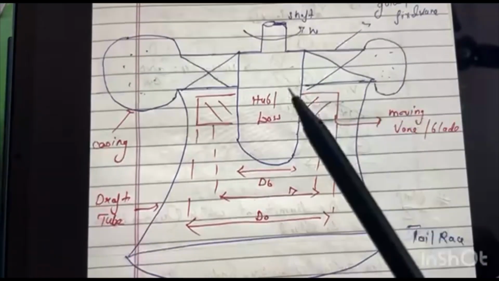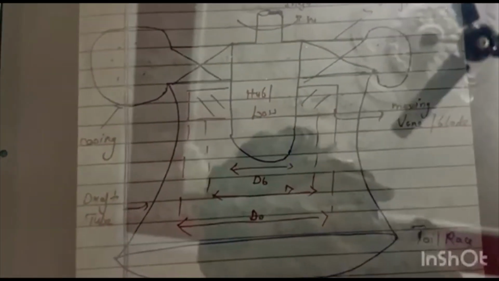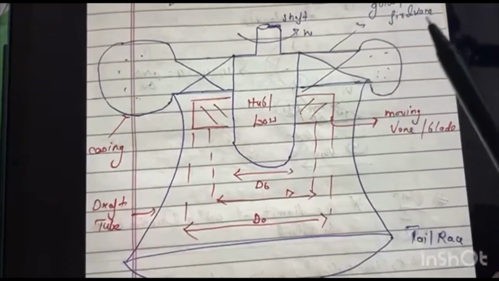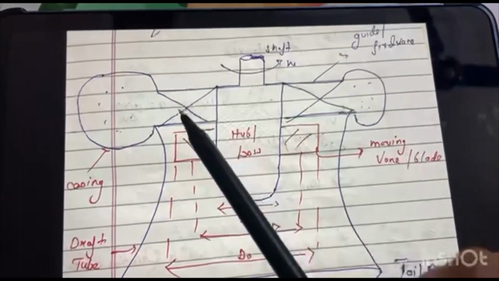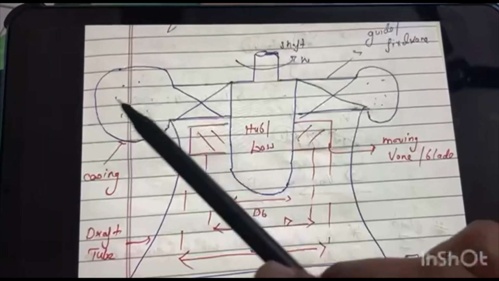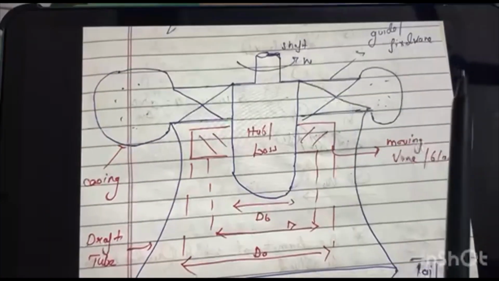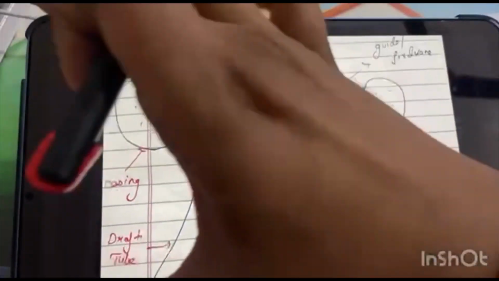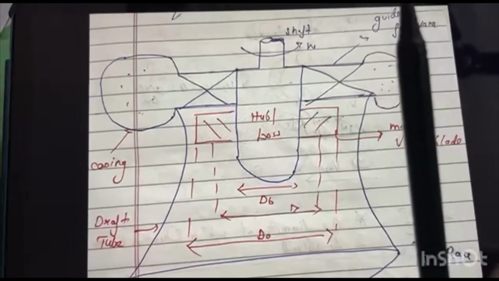तो दोबारा स्टार्ट करते हैं। जो ये मूविंग वेन है वो बिल्कुल हब से अटैच है, ये मैंने आपको बता दिया है। अब ये फिक्स्ड वेन है, ये फिक्स्ड है, यहाँ पे ये मूव नहीं होती। यहीं से हम इनलेट एंगल डिसाइड करेंगे। यहाँ से पानी आएगा, और यहाँ पे कास्टिंग है जहाँ से पानी आता है। ये एक तरफ छोटा है, एक तरफ बड़ा है, क्योंकि हमें प्रेशर को मेंटेन रखना है।